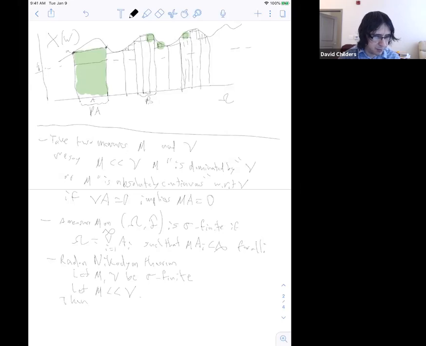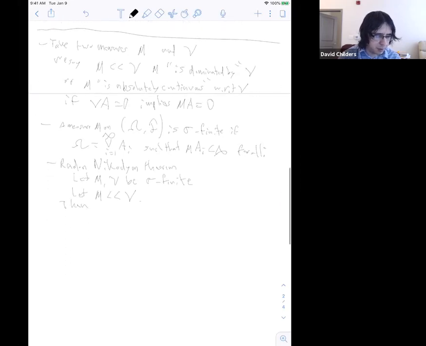Then there exists a function, in fact, a random variable, so a measurable function, which we're going to call d mu d nu, which is non-negative, such that